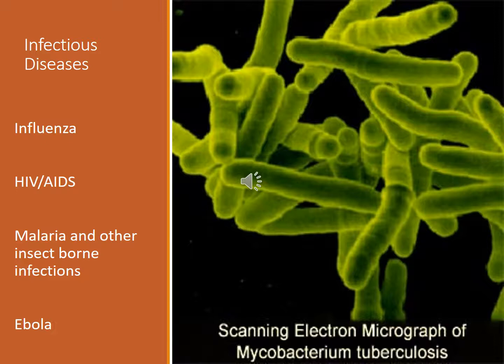HIV/AIDS was a huge problem a few decades ago. It's less of a problem now, although, as we'll see, in certain parts of the world, especially sub-Saharan Africa, HIV/AIDS is a genuine epidemic with millions of people both infected and suffering from symptoms of the disease. Malaria is another disease that we see mostly in tropical zones around the world that continues to be a problem and a challenge for states to deal with. And of course, the disease that gets most of the attention these days when you have an outbreak of it, and we haven't had an outbreak in a few years, thank goodness, is Ebola. And we'll talk a little bit about Ebola here in a moment.